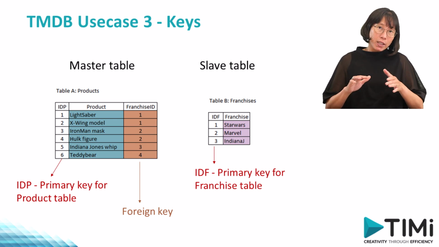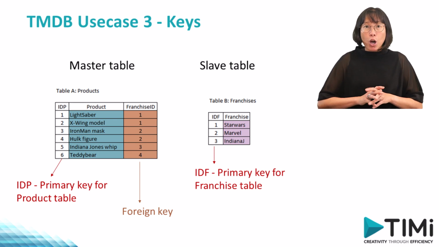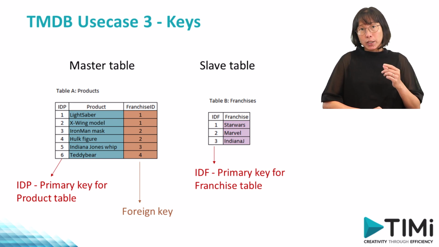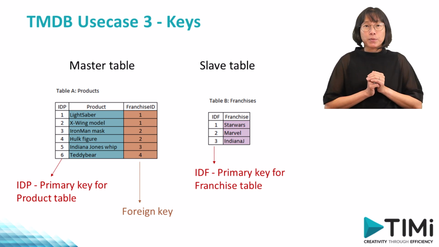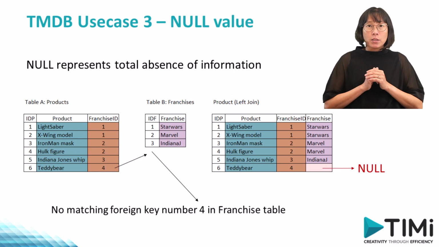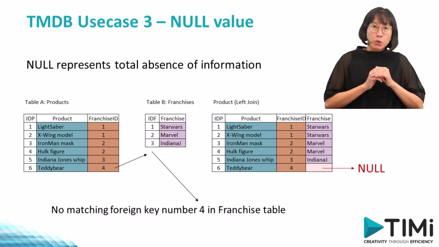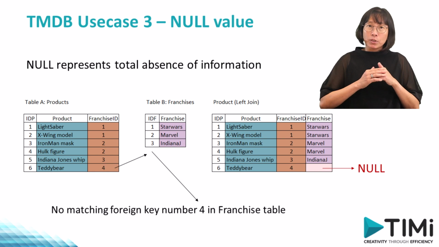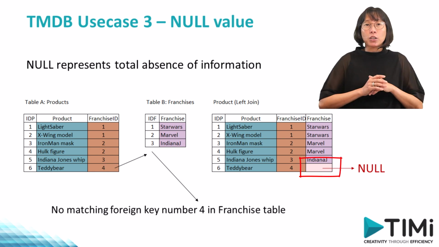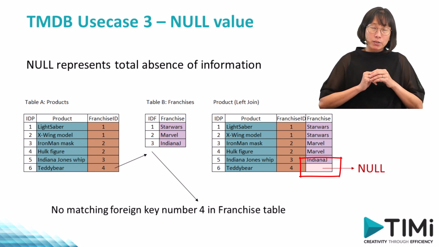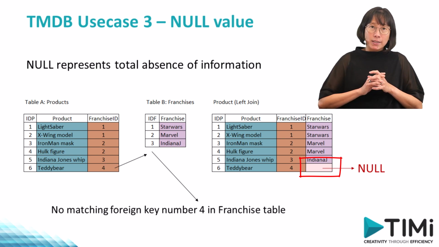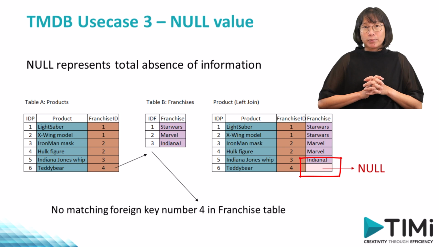The primary key is inside the slave table. Most of the time, the primary key of a join is unique, meaning that there is no duplicate value inside the columns. When the two keys, the primary key and the foreign key, do not match, we'll get as output some null value that represents the total absence of information. Inside Anatella, the null value is represented by a cell with a pink background.